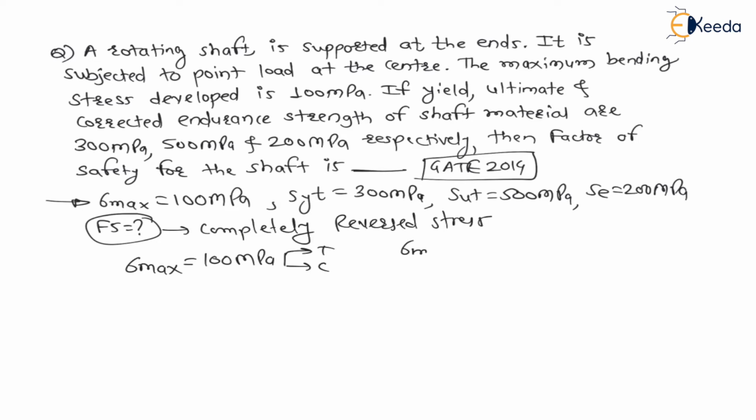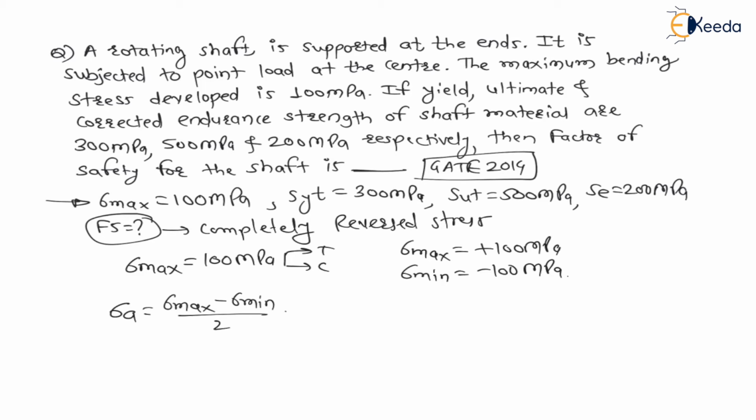Therefore we can write sigma maximum is plus 100 MPa tensile and sigma minimum is equal to minus 100 MPa, which is compressive. For bending, one side there is tension, then on other side there is a compression, definitely. Therefore the same magnitude of tension and compression is acting for bending stresses, and already we have seen this in the theory lectures. Now here, if I want to find stress amplitude, it is maximum stress minus minimum stress divided by 2, which is nothing but 100 minus minus 100 divided by 2, which is nothing but 100 MPa.